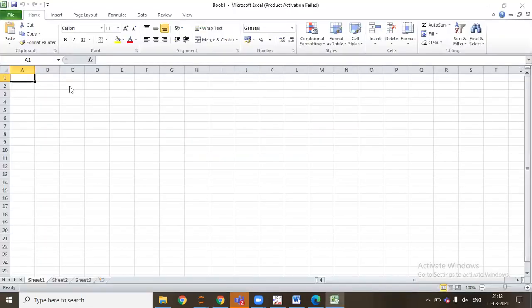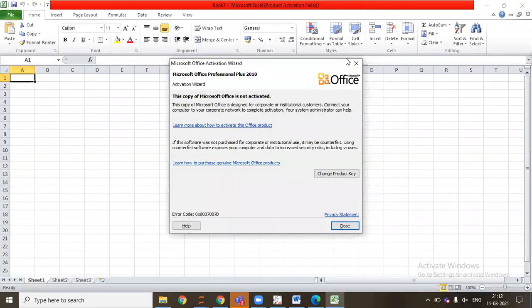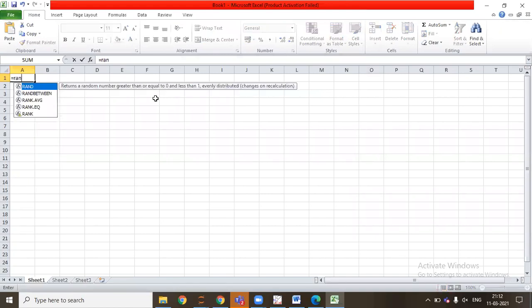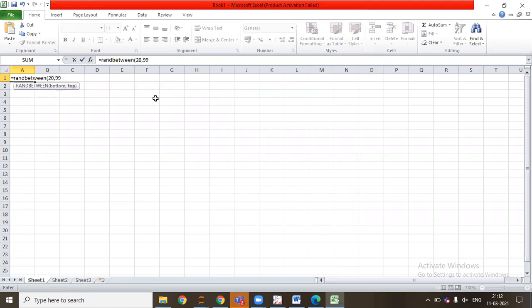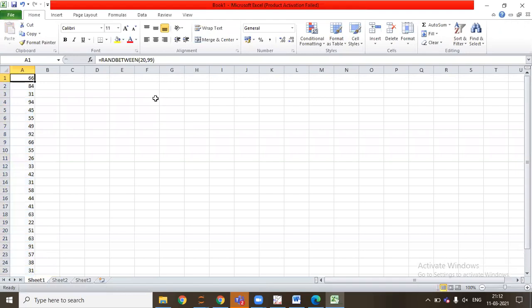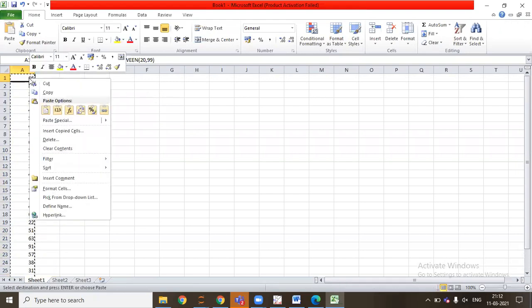For example, if I have different marks for different students, say I have this data. These are nothing but the marks they have scored in a subject.